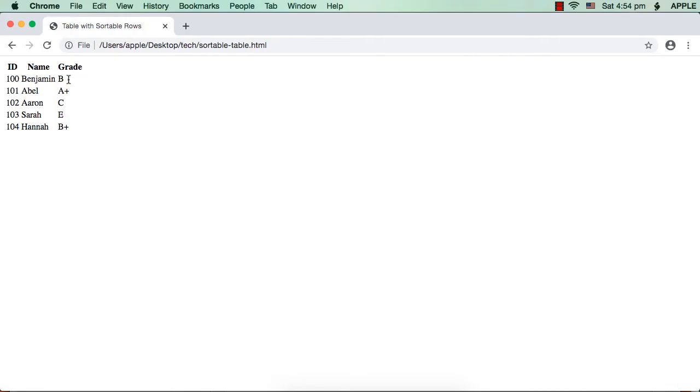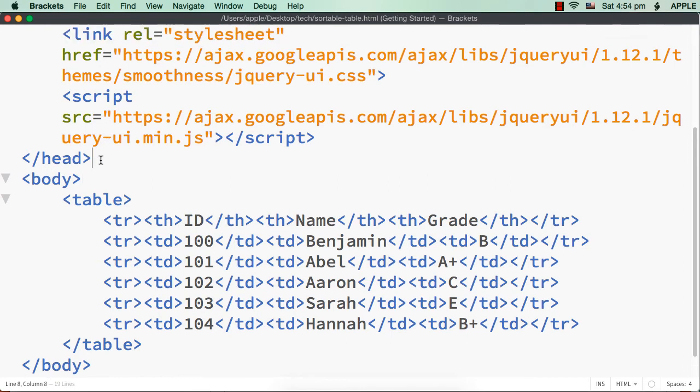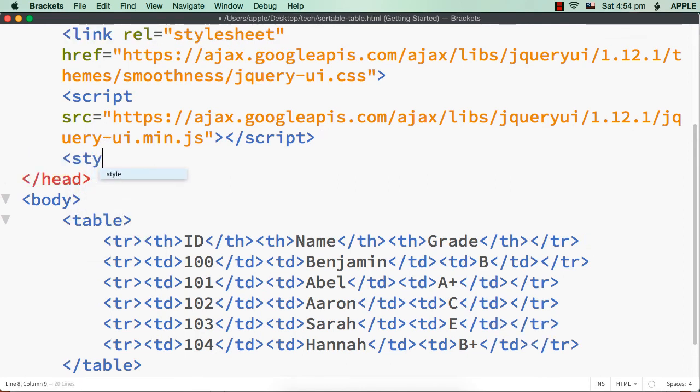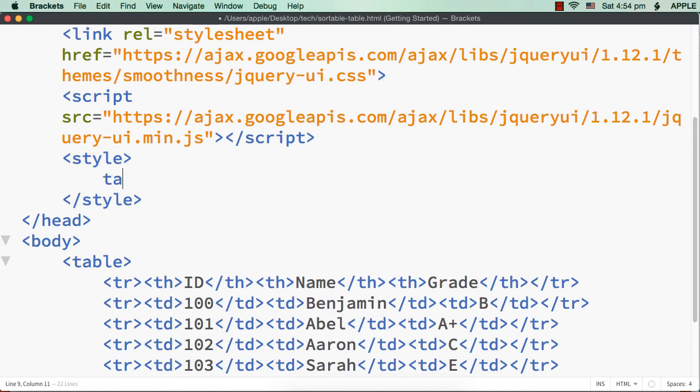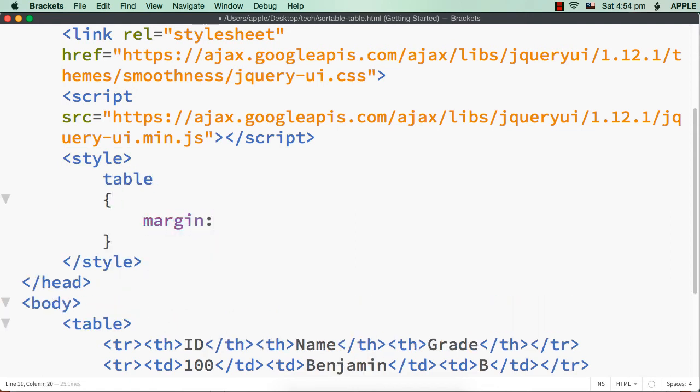See, this is how our web page is now looking like. Let me just style this table a bit. I'm going to add some borders for the rows and heading. Okay, so after this script section, let me add style, and first let me try to center the table. So let me specify table margin say 30px auto.